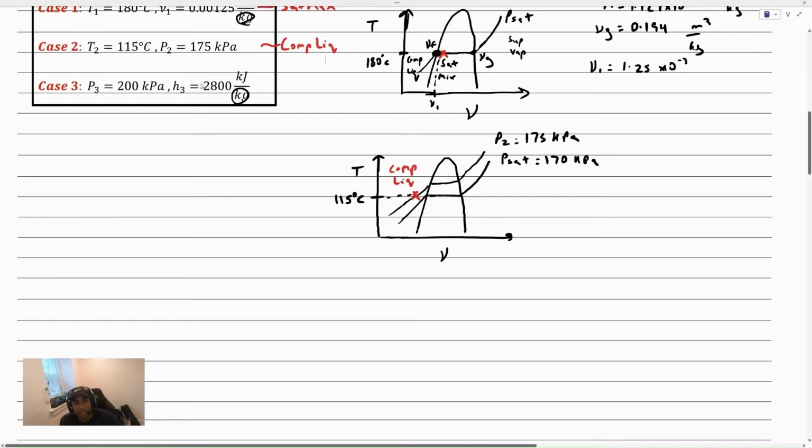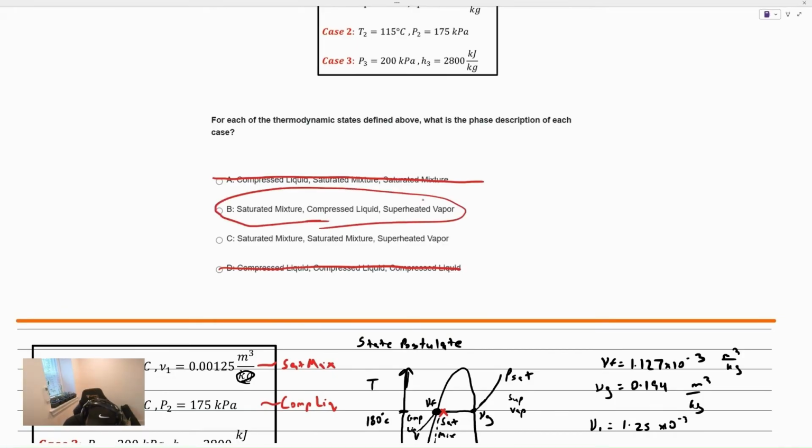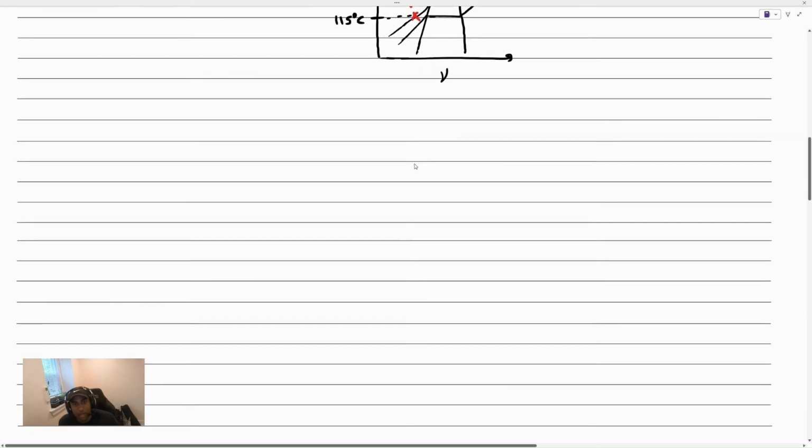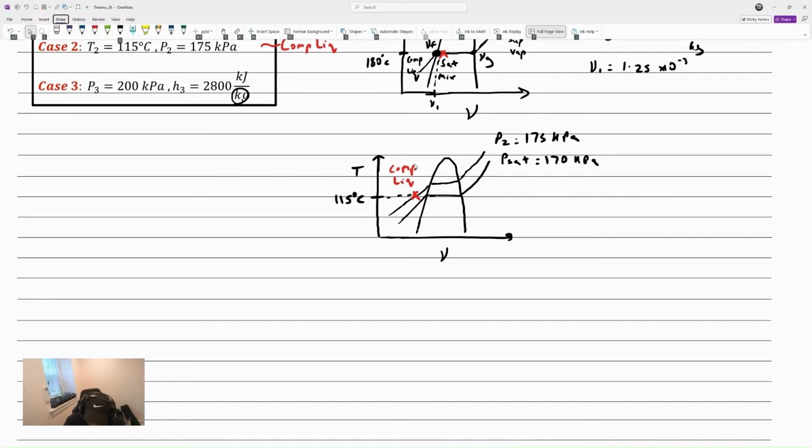Okay, so this is a very good visual way to really understand what your state is. We see we're a compressed liquid here. If we go up to our choices, what that means is that we're definitely going to pick choice B. That's the correct answer. Okay, in terms of understanding the idea of independent, which I said we're going to discuss further in case 2,